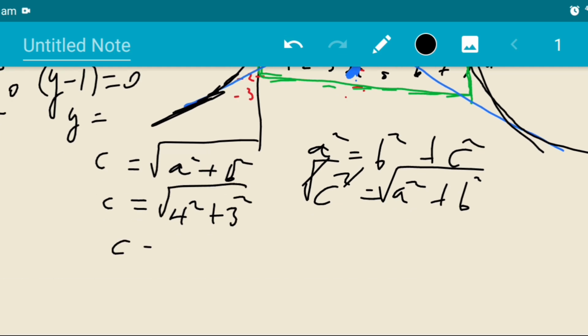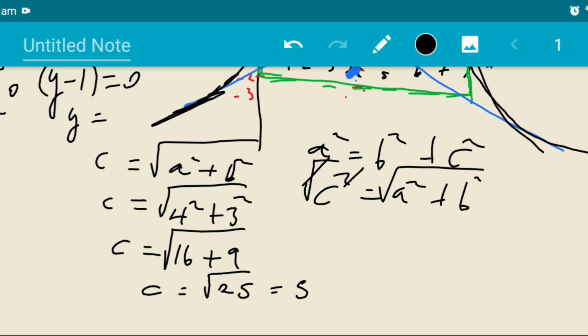So c is equal to, what is 4 squared? That's 16. Plus, what is 3 squared? That's 9. And we add the two up, we're going to have our 25. 16 plus 9, that's 25. The square root of 25 is just 5. So meaning